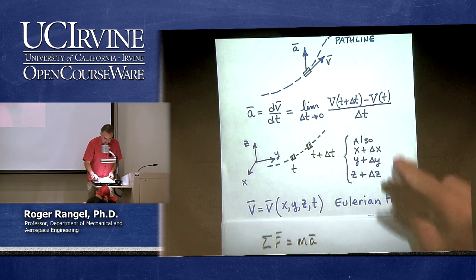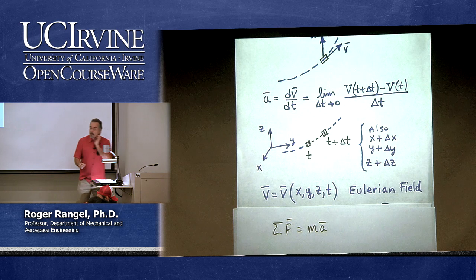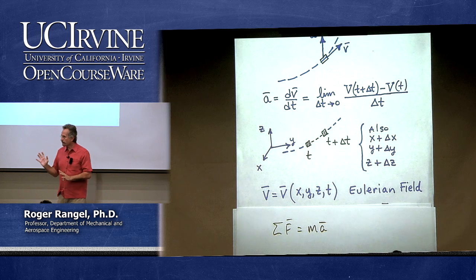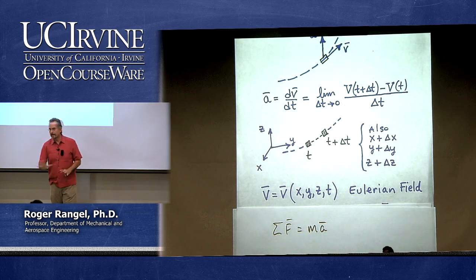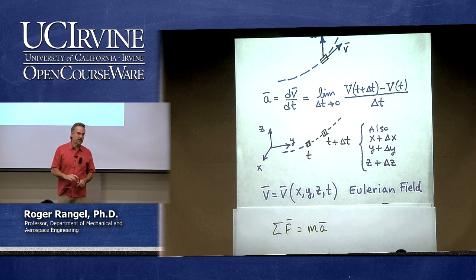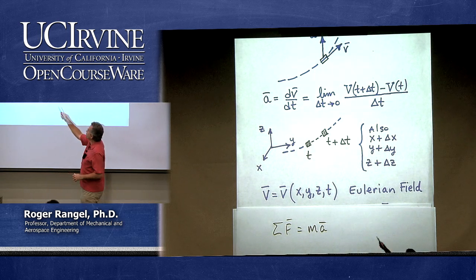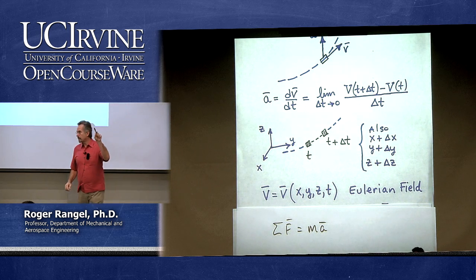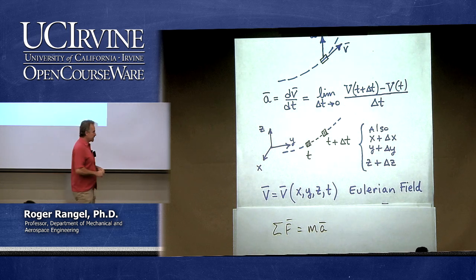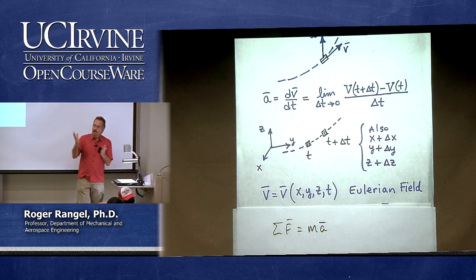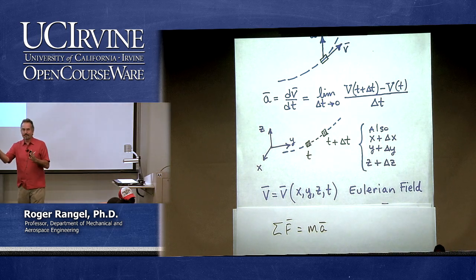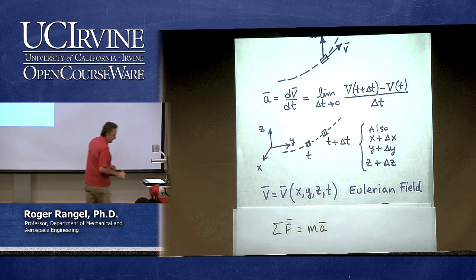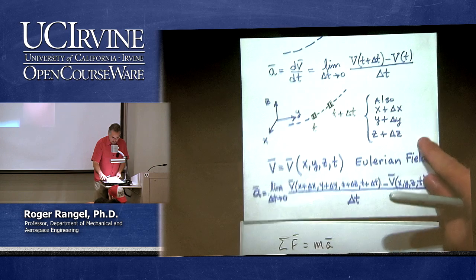All right. Now I say, okay, suppose that I have the Eulerian field. So now forget for a moment about the particle, and suppose that you have given to you the Eulerian description of the velocity field. That's the velocity as a function of x, y, z, and t. That means that you can go to any point in space, x, y, and z, any time, and you can find the velocity at that point. But this is Eulerian, this is not Lagrangian. But of course the velocity has to be the same, whether you look at it in the Eulerian frame or in the Lagrangian frame, whatever the particle is, the velocity has to be the same. So if I am going to compute that velocity using the Eulerian field,